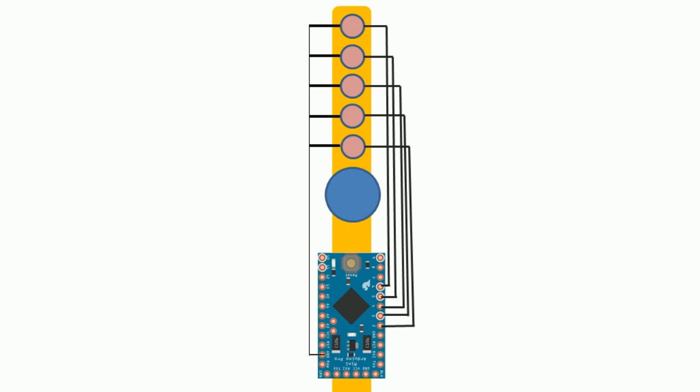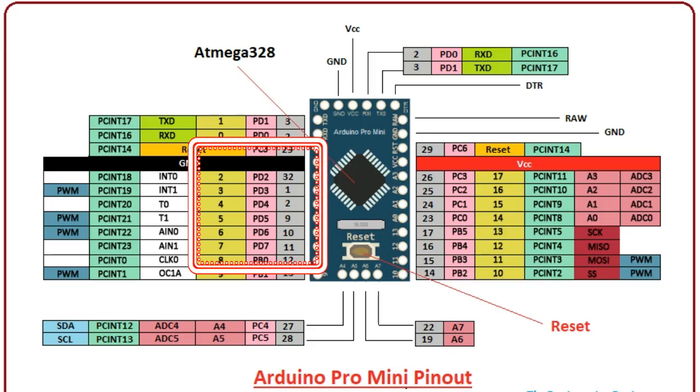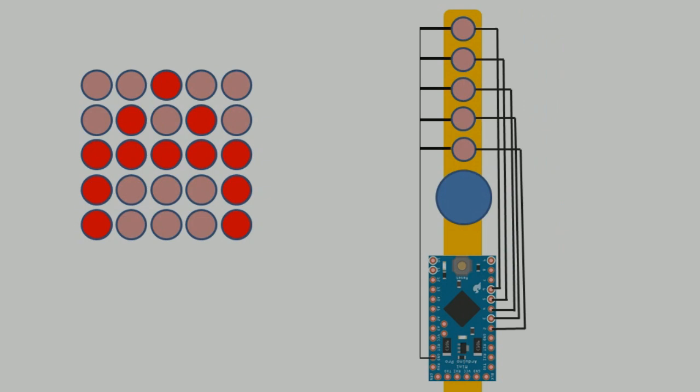But notice that the LEDs are connected to the Arduino on a particular port. Arduino Pro Mini has 4 ports: port A, port B, port C and port D. Each port has 8 pins, meaning 8 bits. And we have to choose one of those ports to control our LEDs because we are not using the digitalWrite function in our program. We are using port manipulation to get faster speed to turn the LEDs on and off.